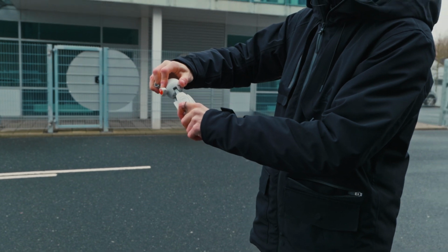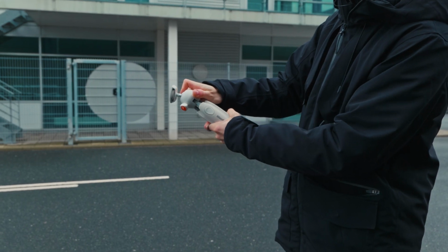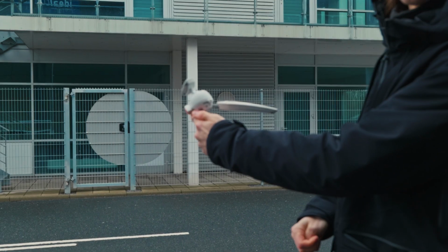I have a travel tripod that I can use, but in reality that thing still weighs over a kilogram. You don't want another kilogram on top of them. So I use this most of the time. You have like two modes of how wide the legs can open. So there's one, it's very stiff. And the second one,